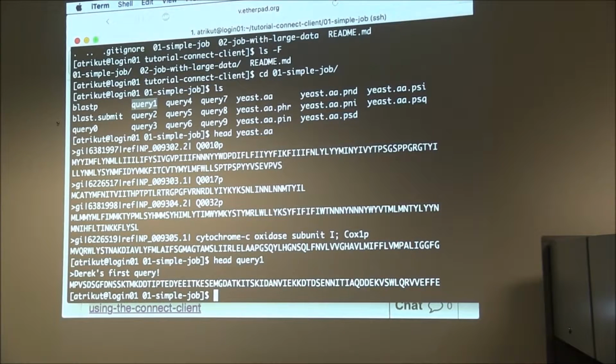Let's have a look at one of these queries. And how do those two fit together? You look within yeast.aa for these sequences. And yeast.aa is the file, and then those PHR files are like the database files, all of those are sort of parsed out files. And so in general, you're just searching for some queries in some kind of database, and Blast lets you do that efficiently. And generally, these queries are all independent of each other, right? So you can run all of these queries 0 through 9 independently, and each of them can take quite a while. So you do want to run each of them independently, and the OSG is good for doing that.